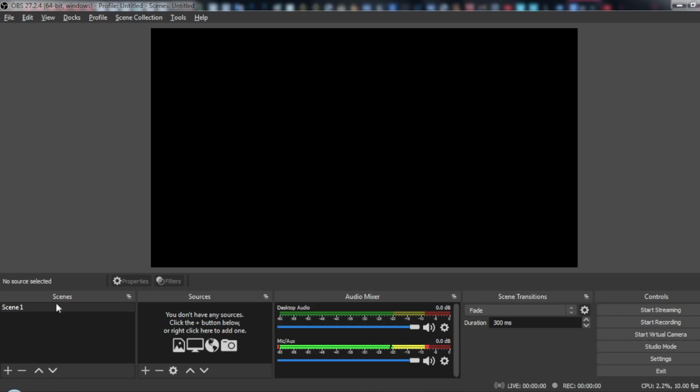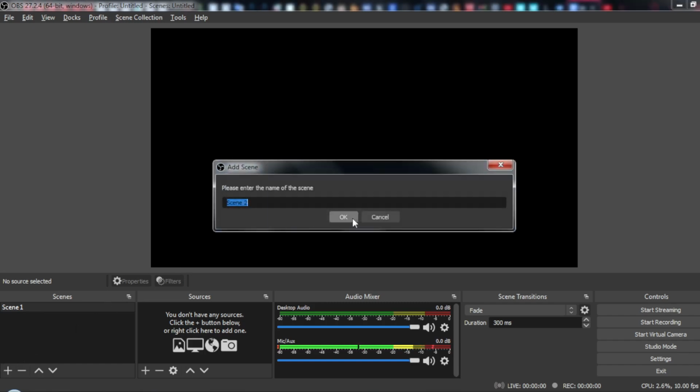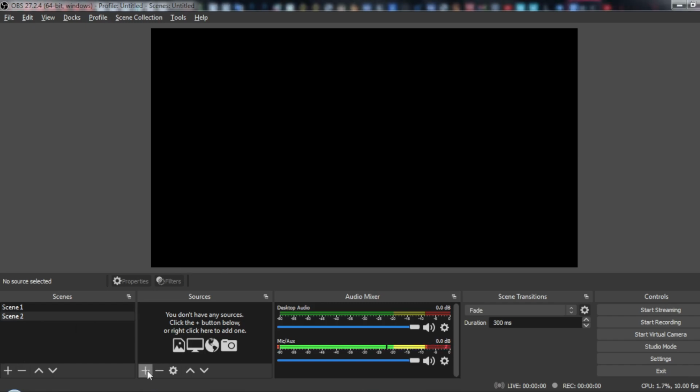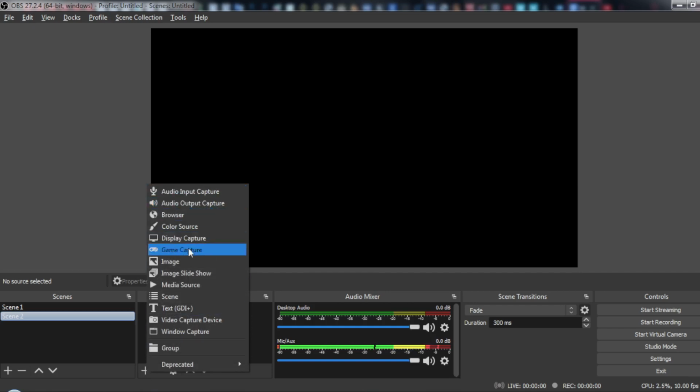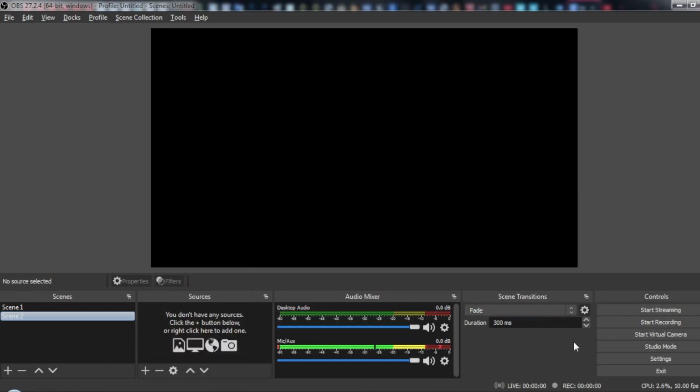So after opening your OBS, all you need to do first is add a scene. After adding your scene, just add whatever you want. Add the sources here. Just click the plus icon at sources and add whatever you want to record. If you want to record the whole screen, it will record everything with display capture. If you want to record your audio only, or even just a specific window. So after choosing whatever you want, all you need to do to reduce the storage of the video,